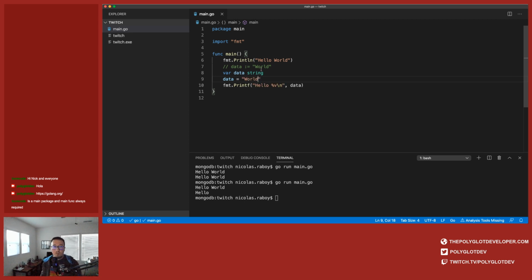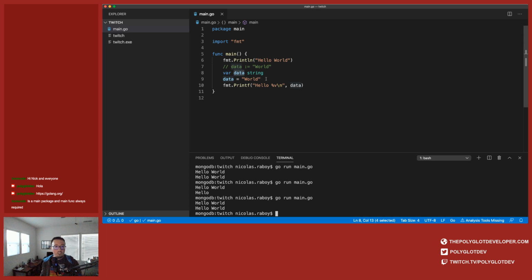You'll notice that this time around I didn't include the colon, because I've already declared this variable up here as data. If I hadn't, then I would need the colon because I am initializing it. So if I ran it again, it says hello world.